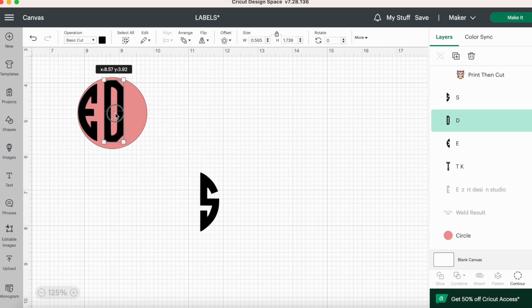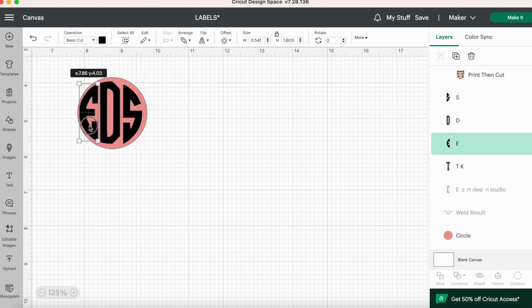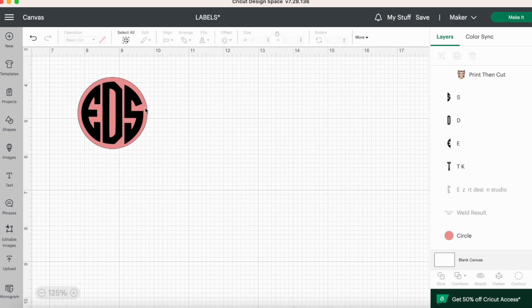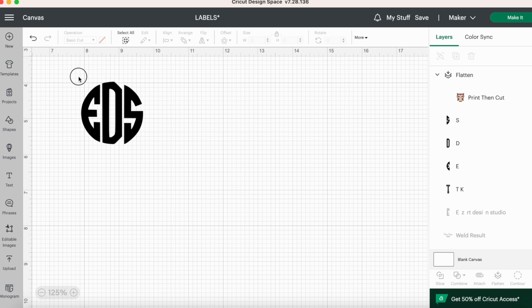There might be a better way of doing this, I'm pretty sure there is, but this is how I'm going to do it. So it's kind of more in a circular formation. I'm just using the circle behind it as a template. I think I'm happy with the way that looks. I'm going to get rid of my circle, delete it, and then